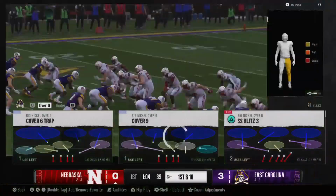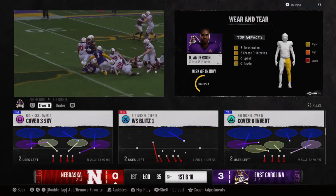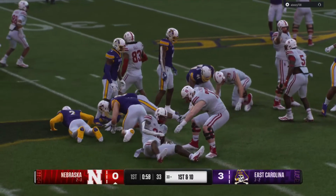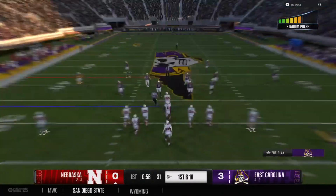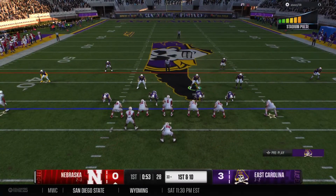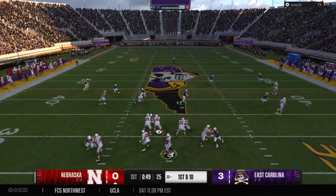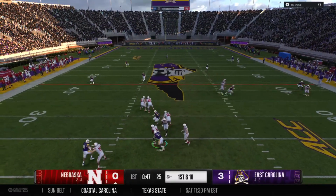Dragged down to the turf, but not before getting the first down. Well, when you talk Nebraska football, it always comes down to their ability running it on offense. Whether it's the option or whether it's conventional, they've got a long and illustrious history of great running backs, and this guy is on the field for a reason. His vision, his ability to...